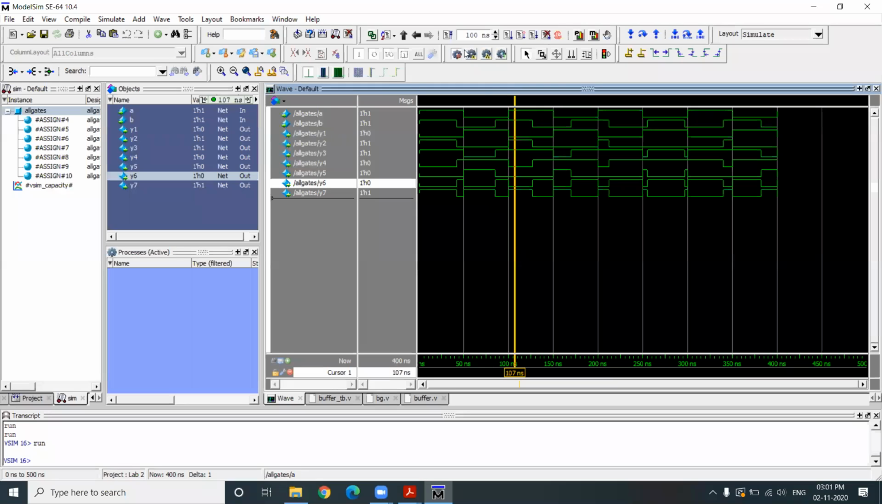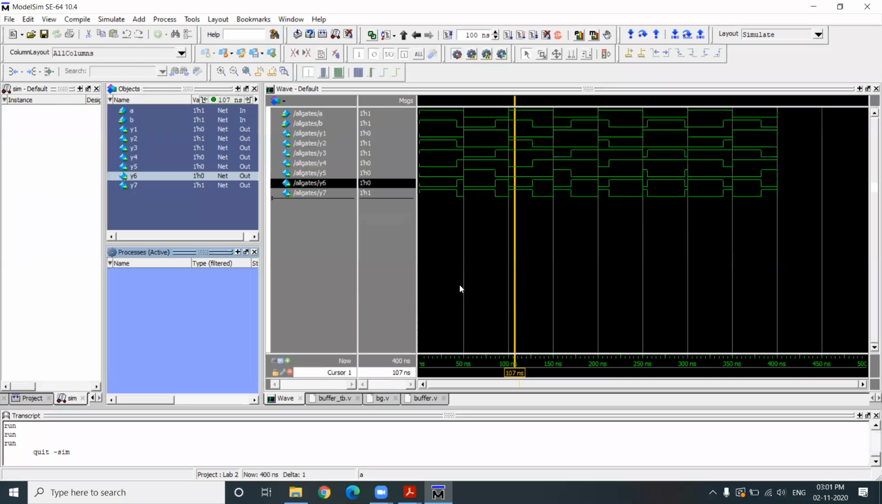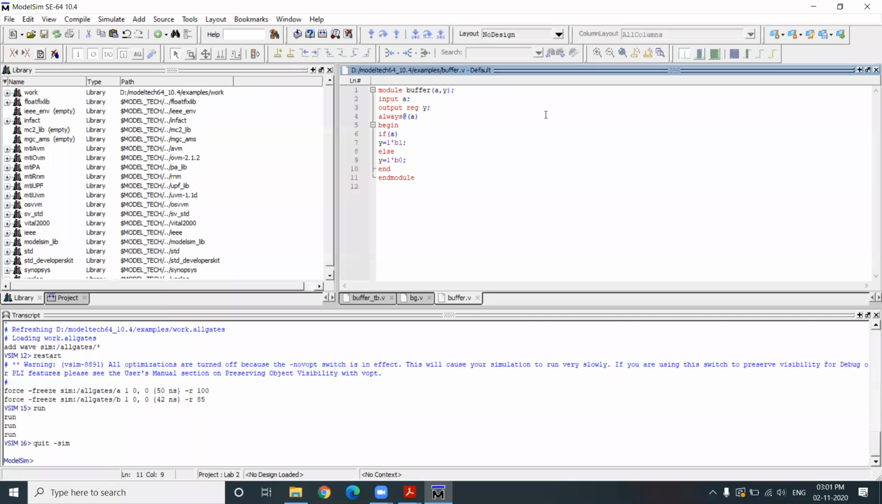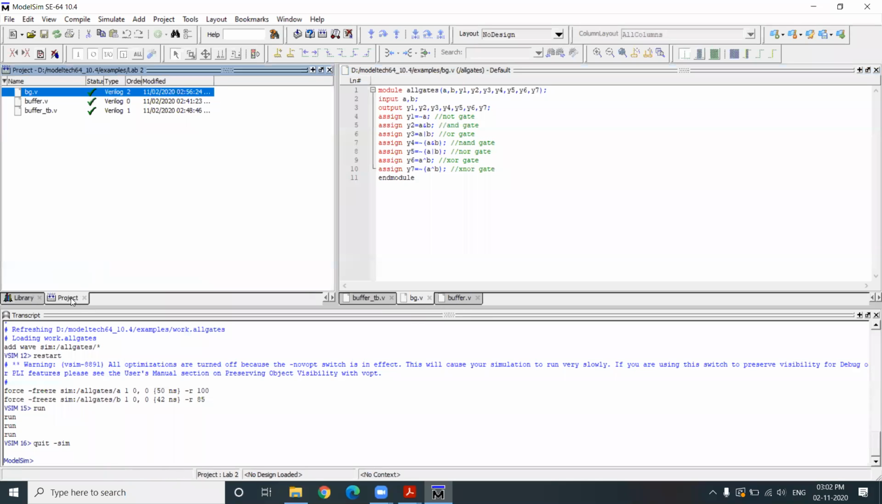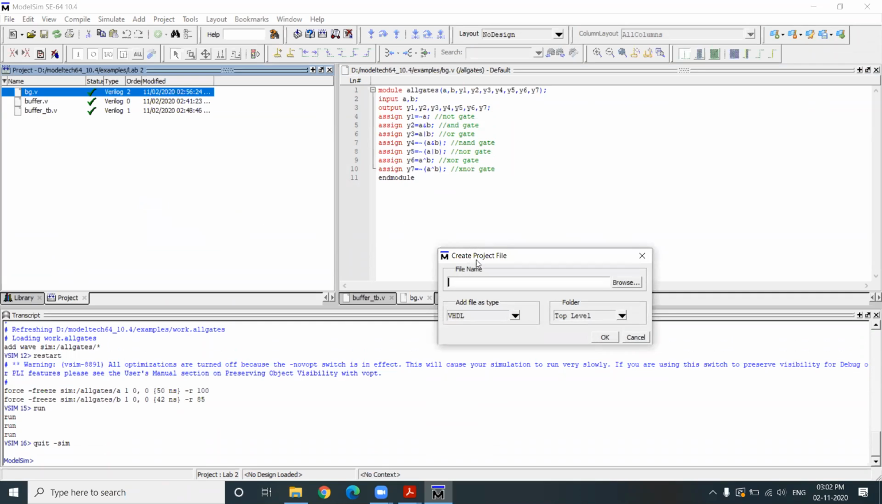Before that, we have to end the simulation. So go to simulate, end the simulation. Then we'll come back to the original code. This is the code. We have different code tabs here. Inside the project tab, right click in this window, add to project, new file. Now you give the new file name as